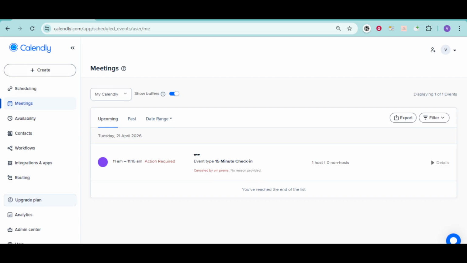To recap the flow in plain language, you go to the Meetings tab, find the reserved time under Upcoming, open the details, and then cancel and confirm. Once you've done this a couple of times, it becomes a quick, routine part of managing your